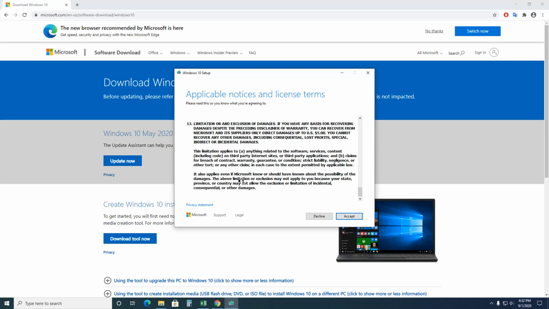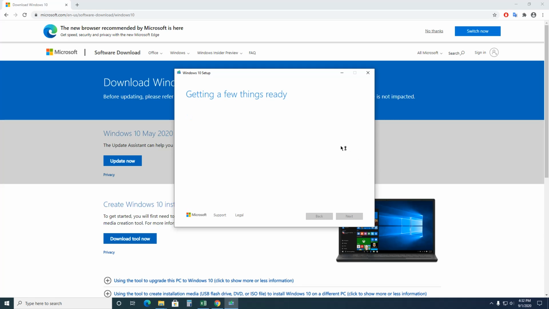Then once you get to this page, you can read this if you want, but it's a pretty typical privacy statement, although I've never read it. I can only assume. So press accept. If you press decline, you can't do it, so you kind of have to press accept. Now it's going to go through the process